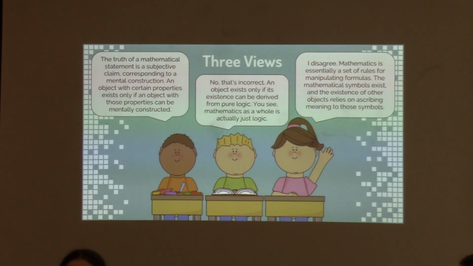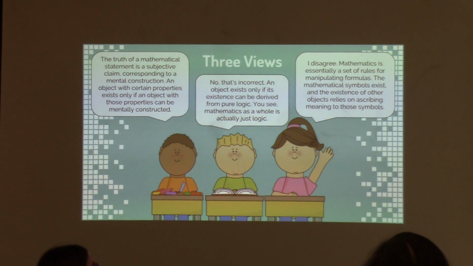A high ponytail. She says, mathematics is essentially a set of rules for manipulating